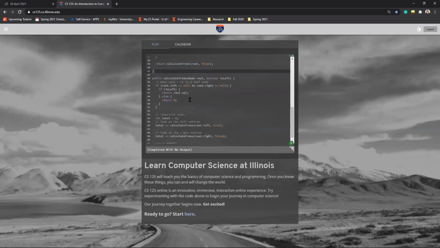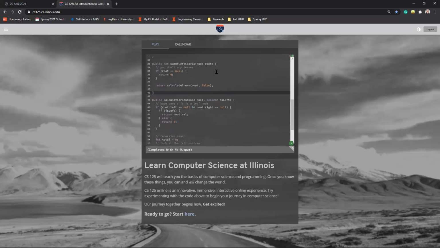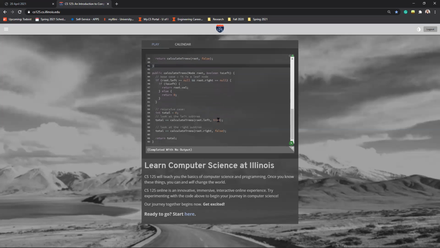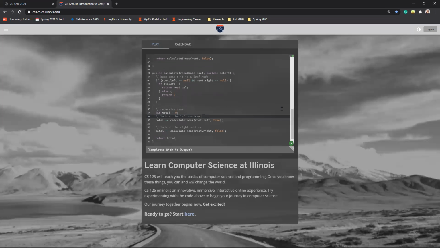So now you can do the recursion in a different method. You can leave this method alone. You don't have to change anything about it. And this will handle the recursive parts of it for you. And then I think the only other thing that we need to do is check to make sure that there is a left and a right. So before you call the root.left and the root.right, you can just have a check to see if